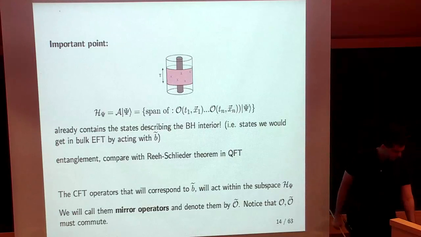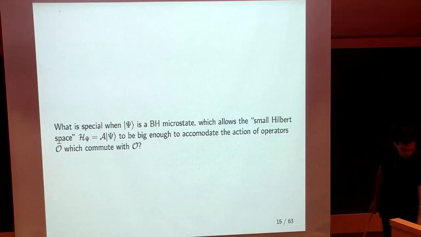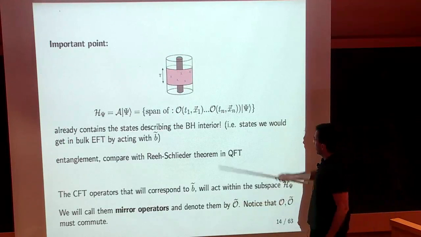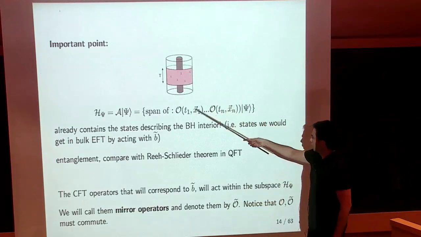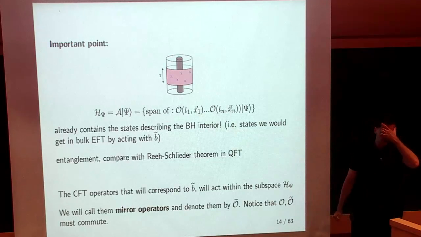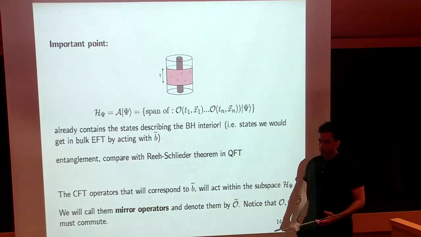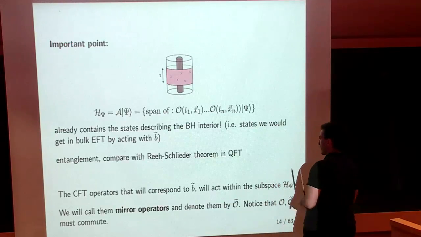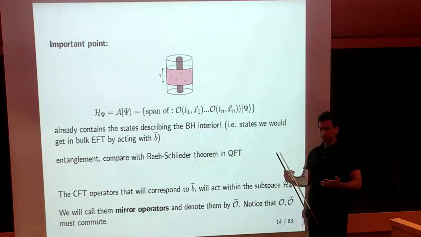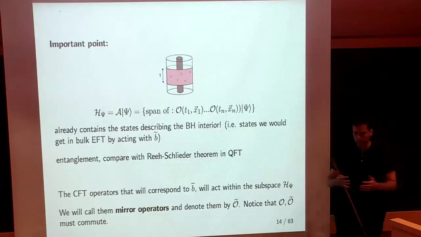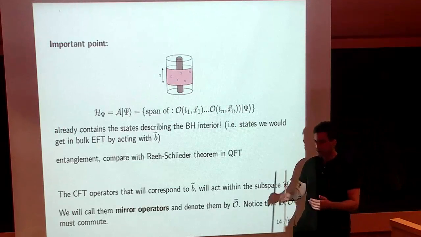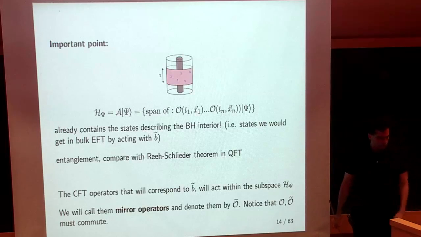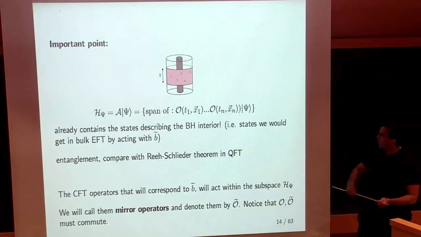Right. So now, it's a little bit surprising what we said here, that we can define operators O tilde acting on the same Hilbert space which commute with the O's. And in fact, if you think about it a little bit, you can ask yourself, can we do the same thing around the ground state of the CFT? And then the answer is clearly no, because in the ground state of the CFT, we know all operators which are relevant at low energies, and we know there are no operators O tilde which commute with all single trace operators. So what is qualitatively different in the case where we have a black hole?